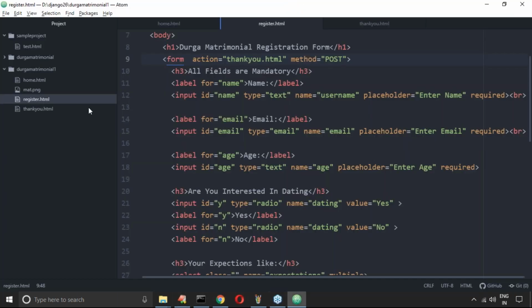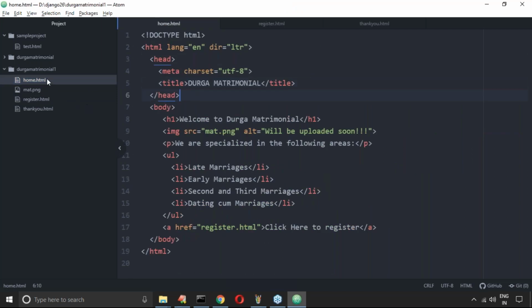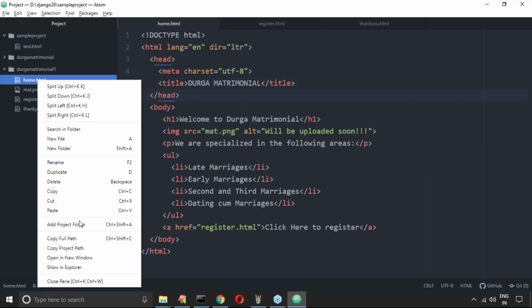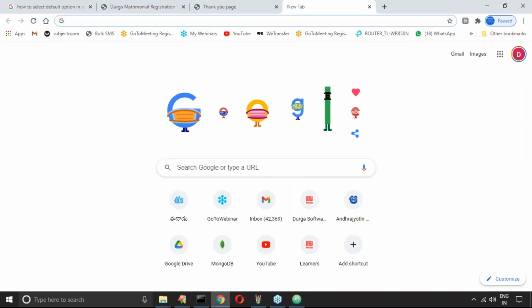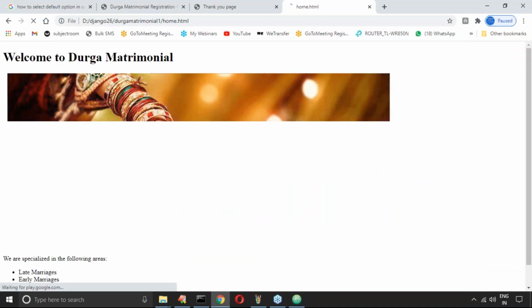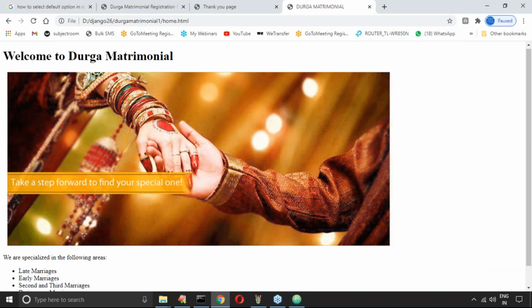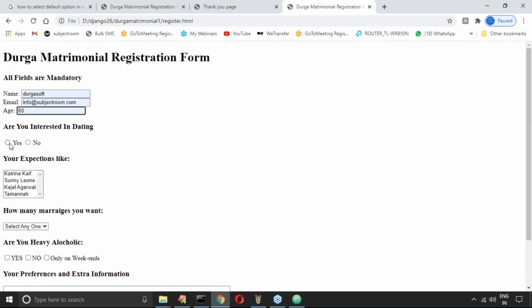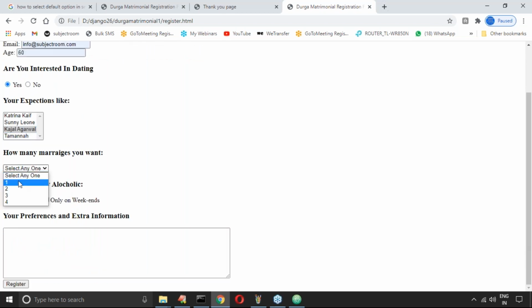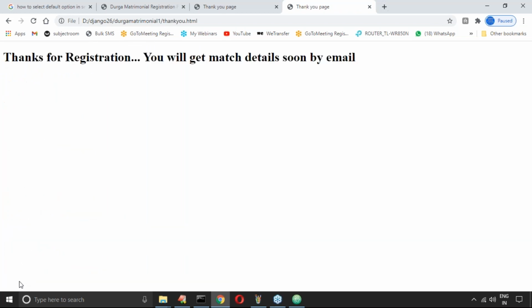Now let me take it fresh again. One minute. Let me go to the home page. Complete path, Control Shift C. Let me open this one. Next, Durga, enter info, enter age, select 2, no, register.